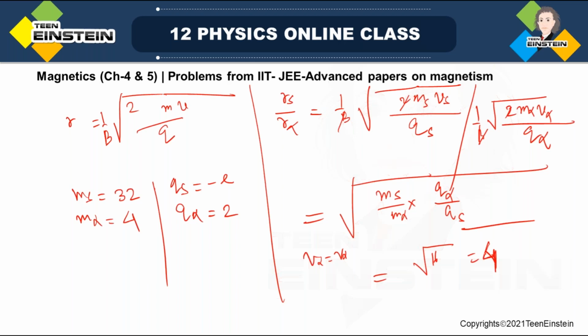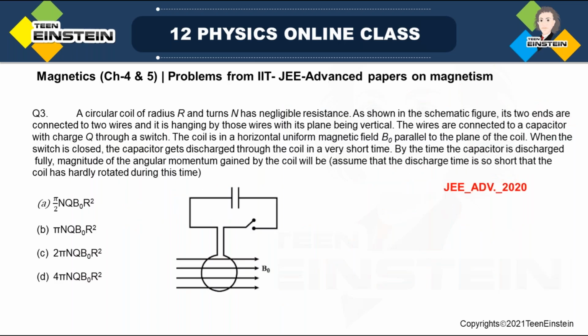We'll go to the next question. We have now another interesting problem, that is a circular coil of radius capital R and turns capital N